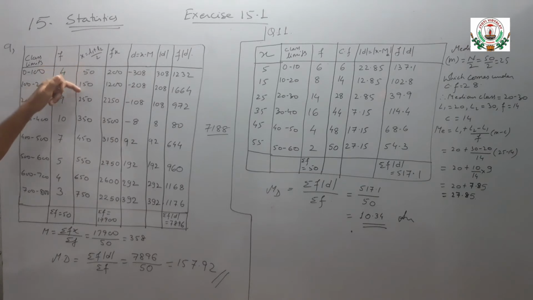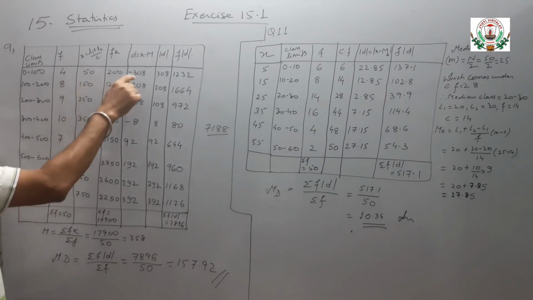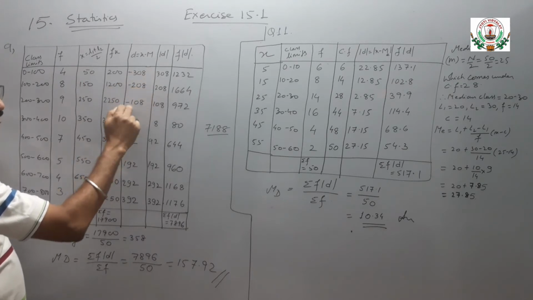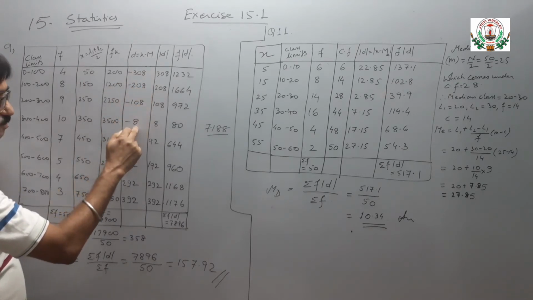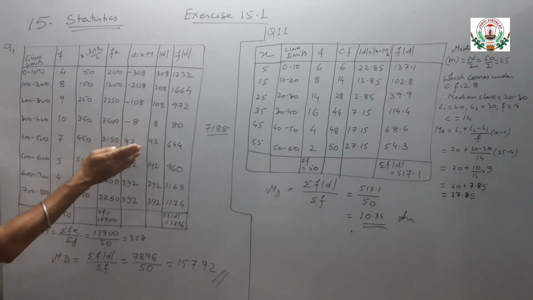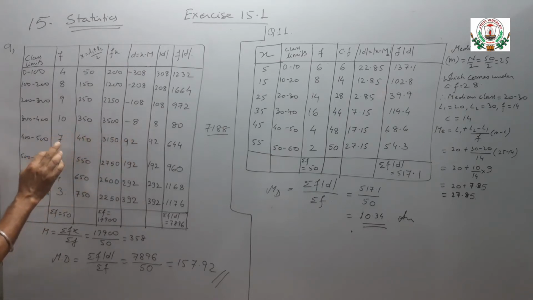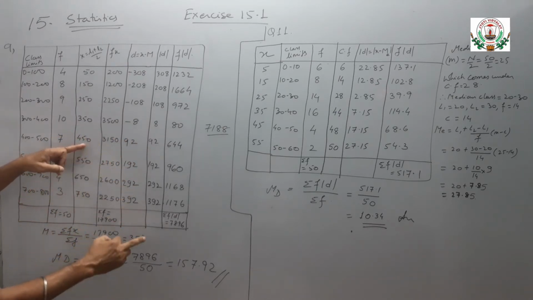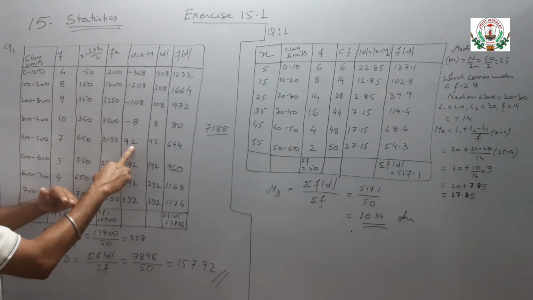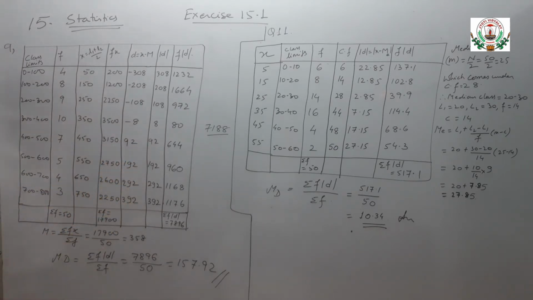Now in between these two, what is the difference? It is 100. So we go on adding plus 100 to it, so in minus 308 also add plus 100: minus 208, plus 100, minus 108, plus 100, minus 8. Now it will come to the positive value. So when it becomes a positive value, just subtract 450 minus 358. You will get 92. Now you go on adding 100 here: 192, 292, 392. So once descending, once ascending, your deviations will come.